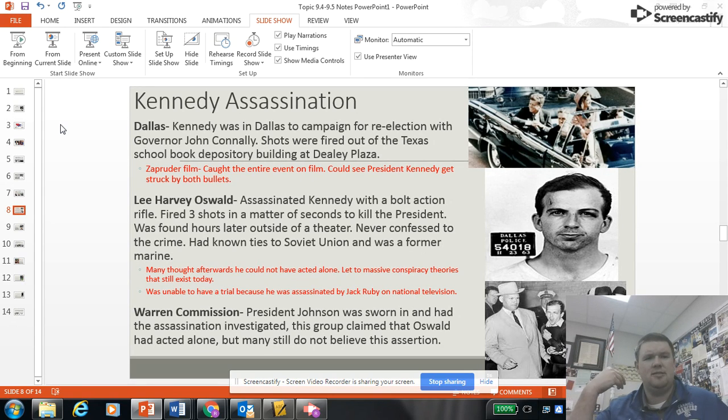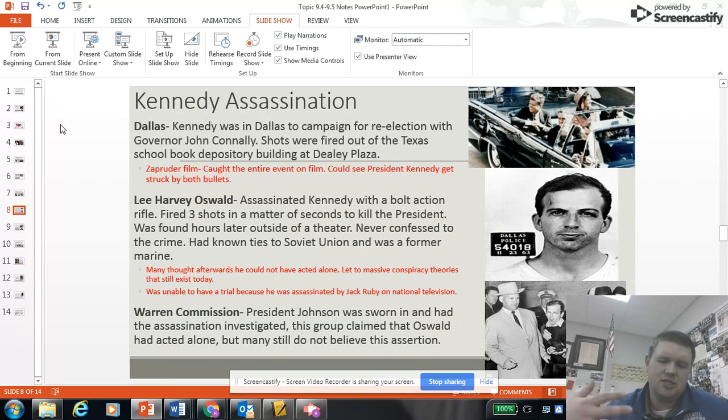One shot happens and nobody really responds. People are looking around. Was that a gunshot? A second shot is fired, and it goes through the back of the neck of President Kennedy and into Governor Connally's shoulder. And the third shot is the shot that hits President Kennedy in the head, killing him, and is the true assassination shot. So there are three shots fired.